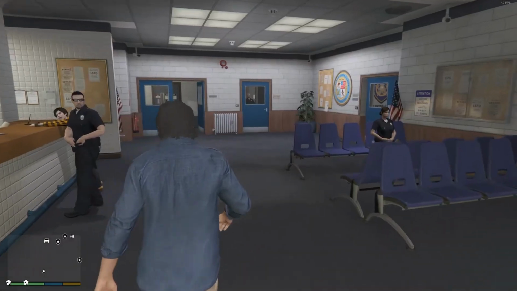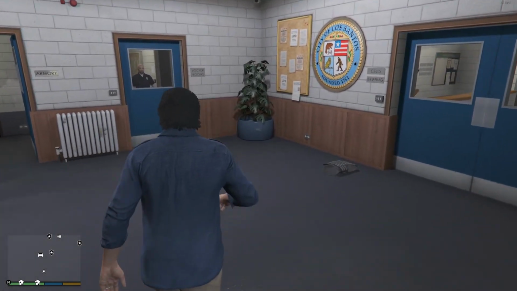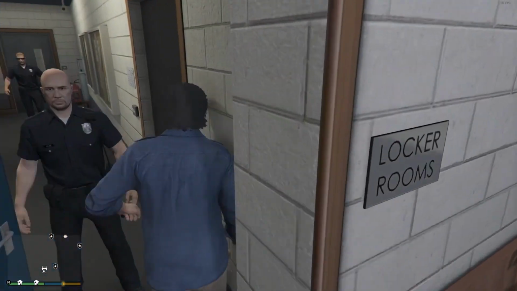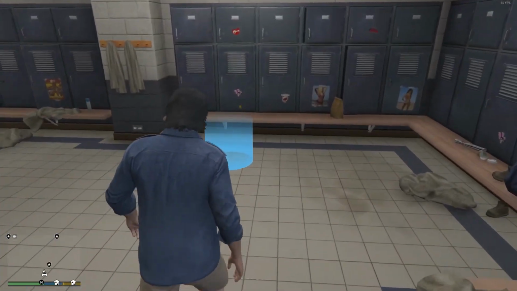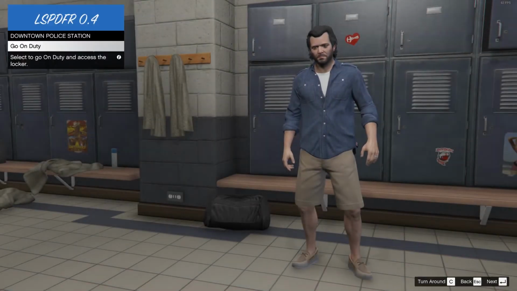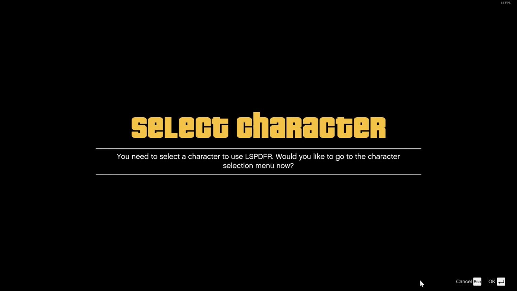Anywho, so this is the main station. So you can go ahead and go in here and pick out your clothes. You can go on duty, or you can also go on duty by typing in